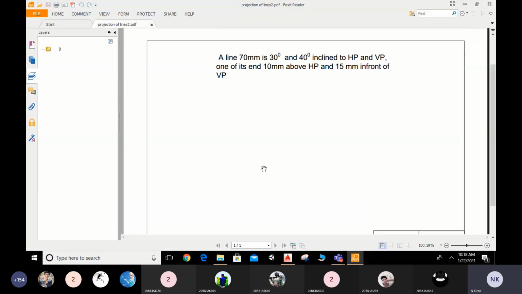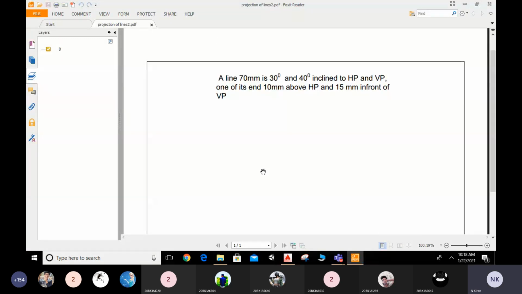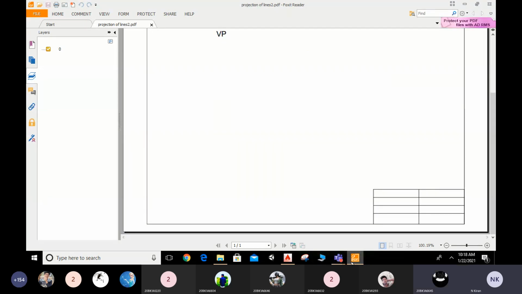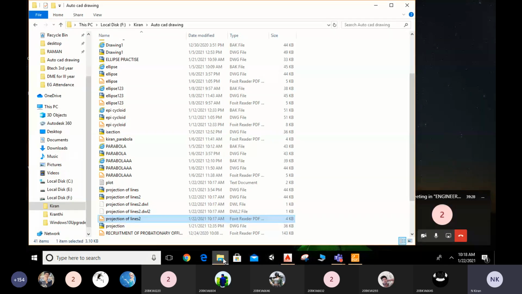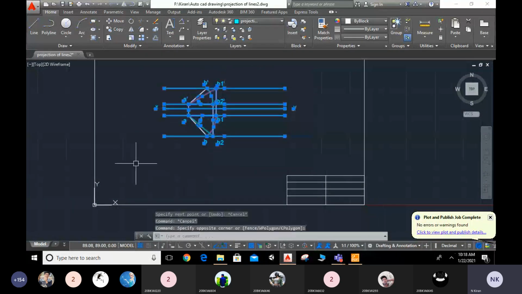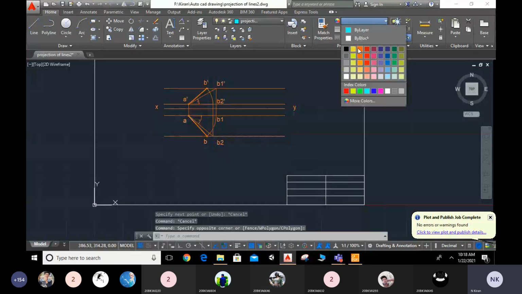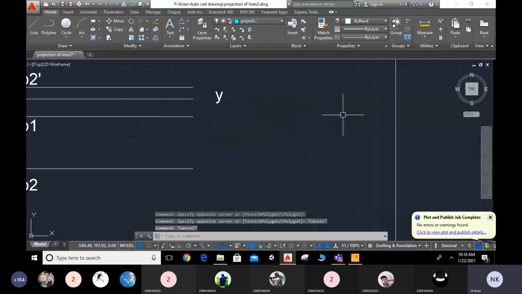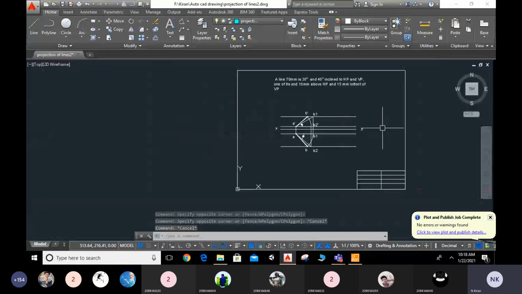See, our diagram did not come. Why? What is the reason? Okay, I think we have changed the colors fully, that's why it may not have come. So what we have to do, we will select all this, and change to ByLayer. I will click here and select ByLayer, and change this one to ByBlock. If I save like this, then you can get it in the PDF.